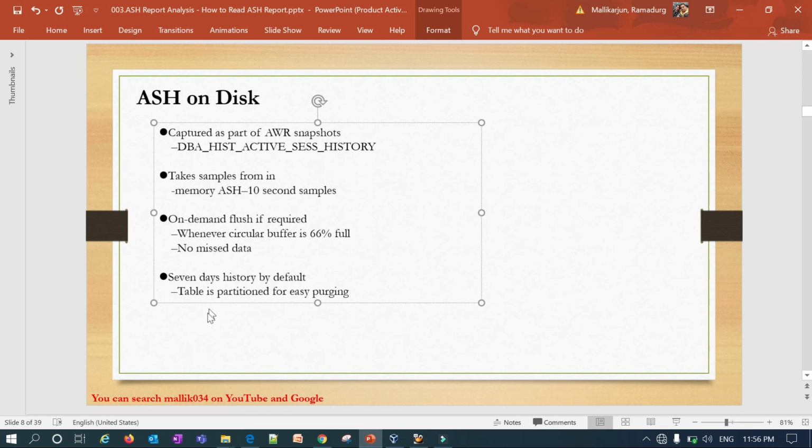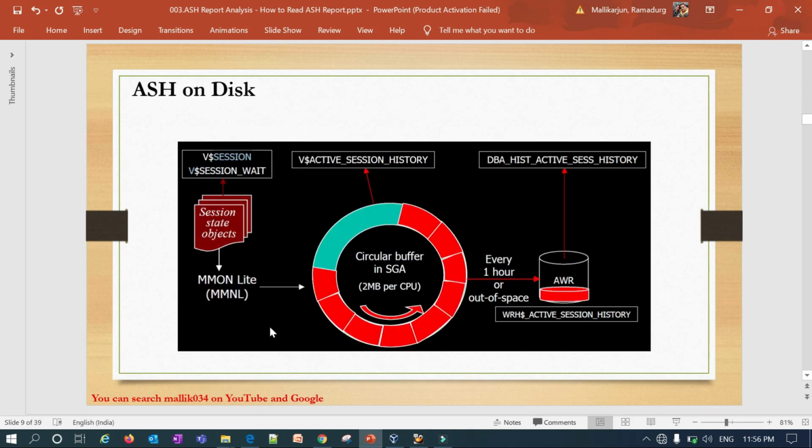7 days history by default. It's a partitioned table, for ease of purging, and it holds 7 days of data by default. If you see here again, V$SESSION or V$SESSION_WAIT, all the session states, which object, what session is doing what, which object is being accessed, what query it is running, select, delete, or update, whatever the state of my session, is handled with the help of MMNL, the background process that writes into my circular buffer in the SGA.